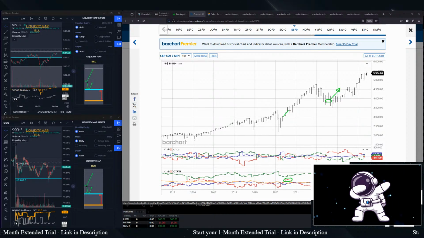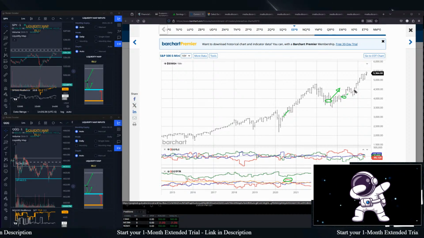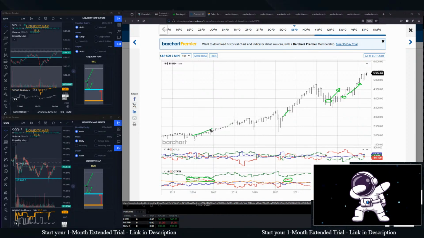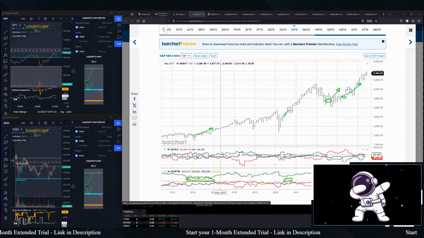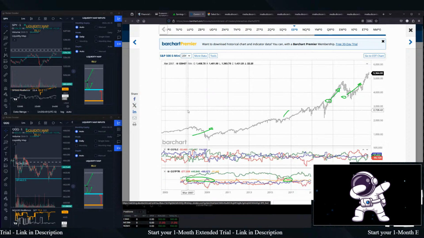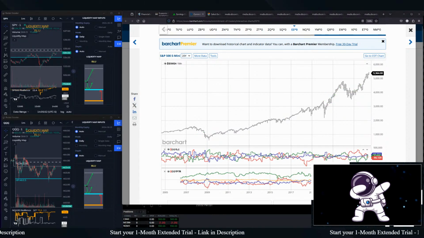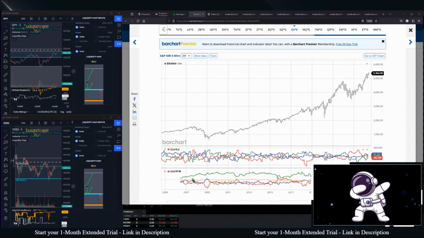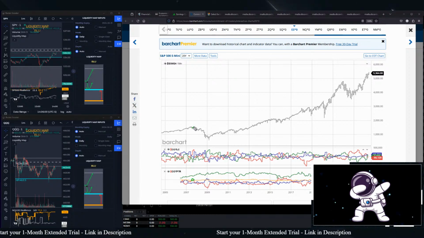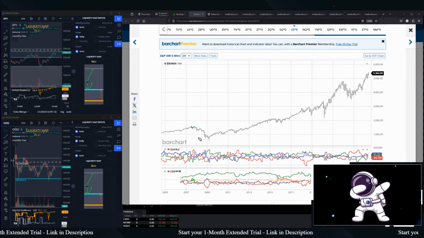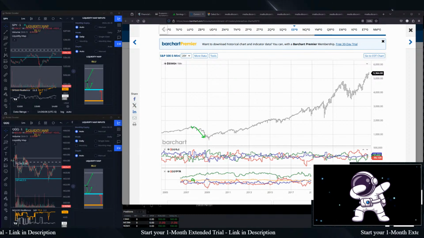The momentum was up. Here, when it's positive again, as it retraced half the distance, the momentum was up. Anytime this red line is above 0, the momentum is up. Every single time. So it's like the dealers are long the market. They're holding the bag. They never crash their own market because they're the ones with the risk. They're going to raise the price to attract buyers, squeeze the shorts out before they crash the market. And here it was positive in this little leg up in the double top. And then finally, when it goes negative, then we had the recession. How cool is that? Even the recession could be seen.